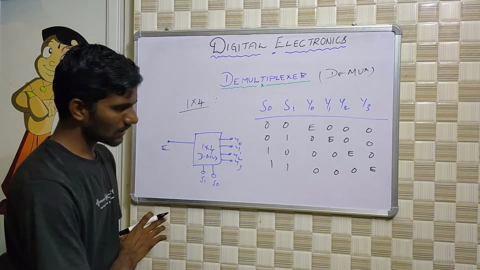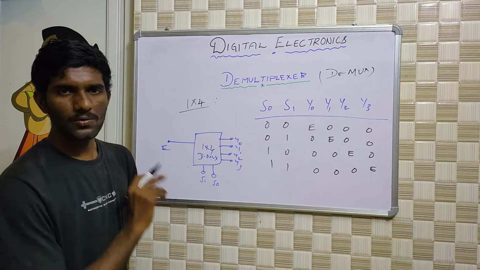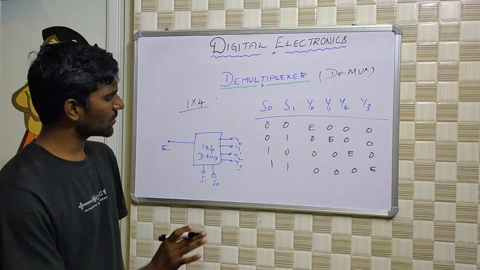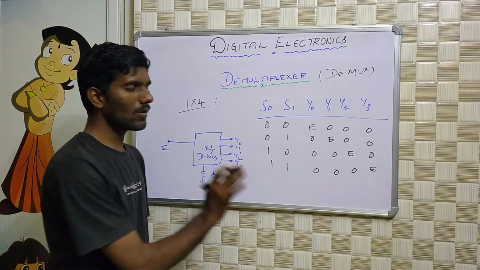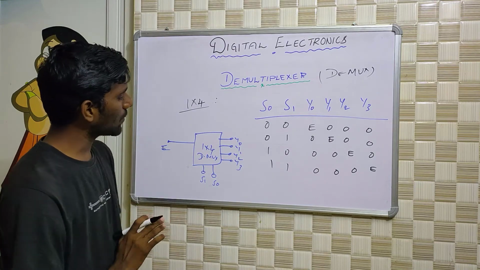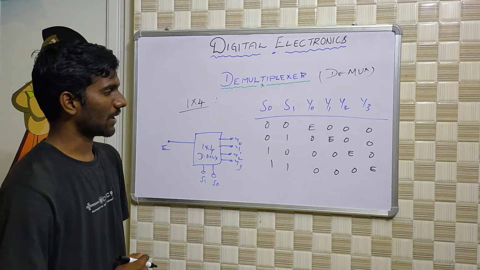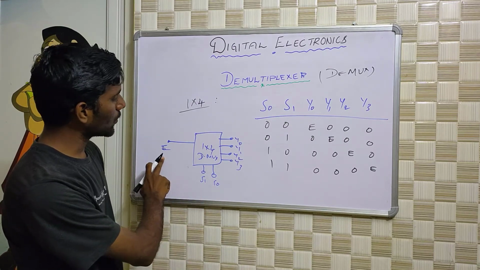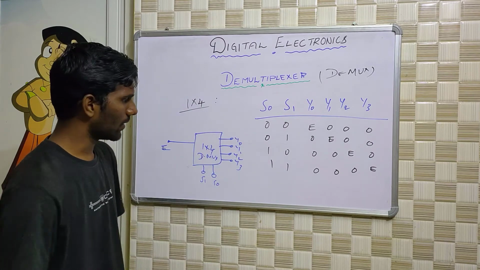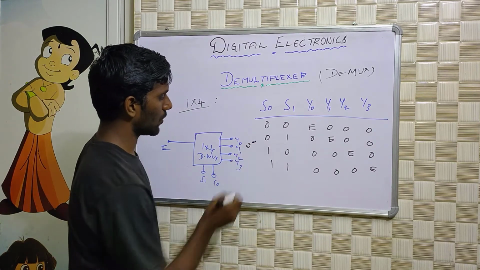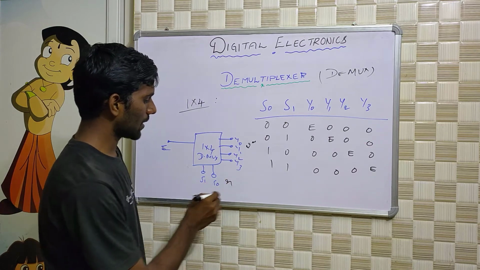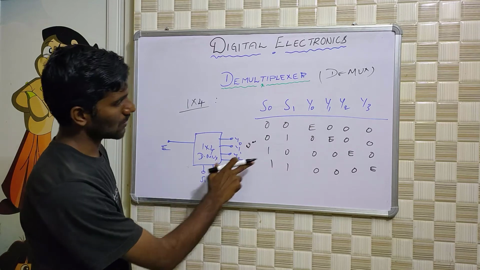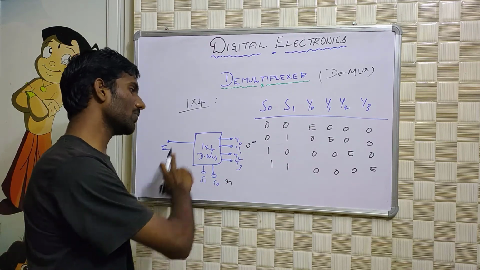This demultiplexer also doesn't perform any manipulations or arithmetic operations. It also just transfers the input to one of its outputs. So this is a 1 by 4 demultiplexer, purely based on the selector lines, and the input goes to one of its output lines. There are 2 power n output lines, where n is the number of selector lines. Since there is only one input and 2 power n outputs, it is a 1 to many circuit.